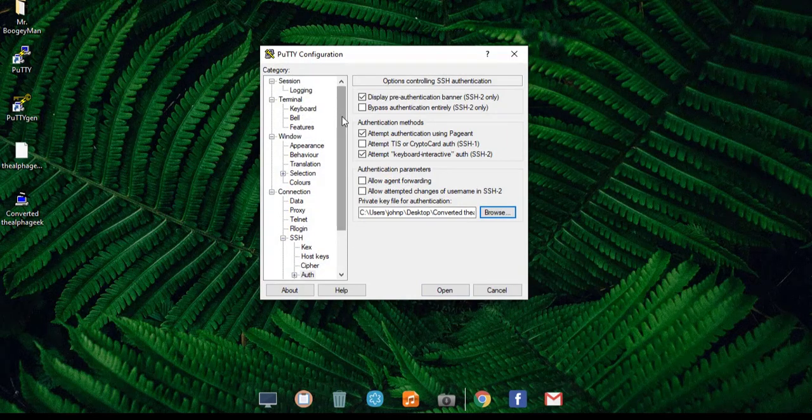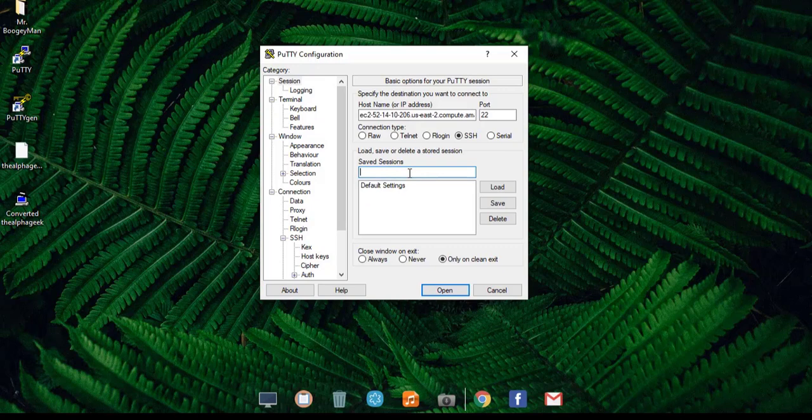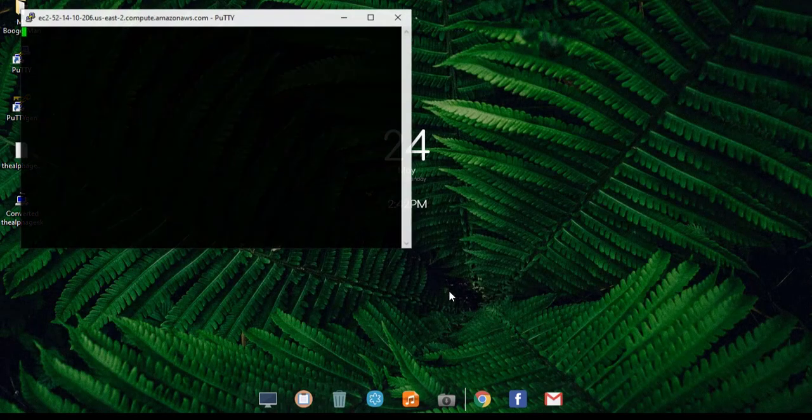Now we need to save these settings and configuration so that on double click we can log in directly to that site. For that, go to Session and give a session name. This is my session name. I'm going to save this and then click on Open.